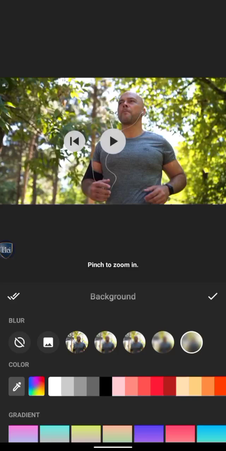You can make it a color. You can make the background a gradient. You can also make the background a blurred background, and also you can make it a standard image. What I mean by a blurred background is